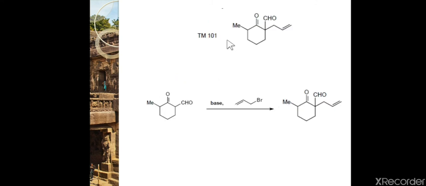Now the next molecule is like this. If we have another side chain over here, we have an active methylene group over here. I have just shown the synthesis. This carbon, which is between two carbonyl groups, contains a very acidic proton which is easily abstracted by base, and when we treat it with this allylic bromide, we will get our final molecule. So this type of molecule we can also generate from 1,3-dicarbonyl compounds.